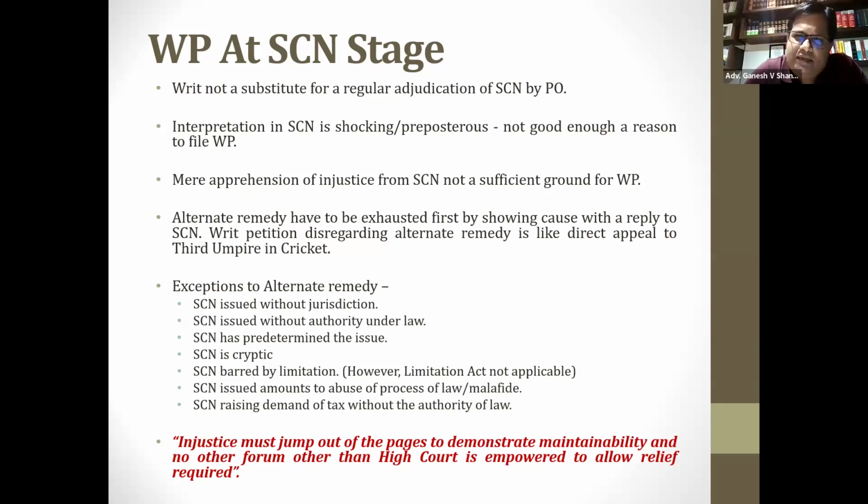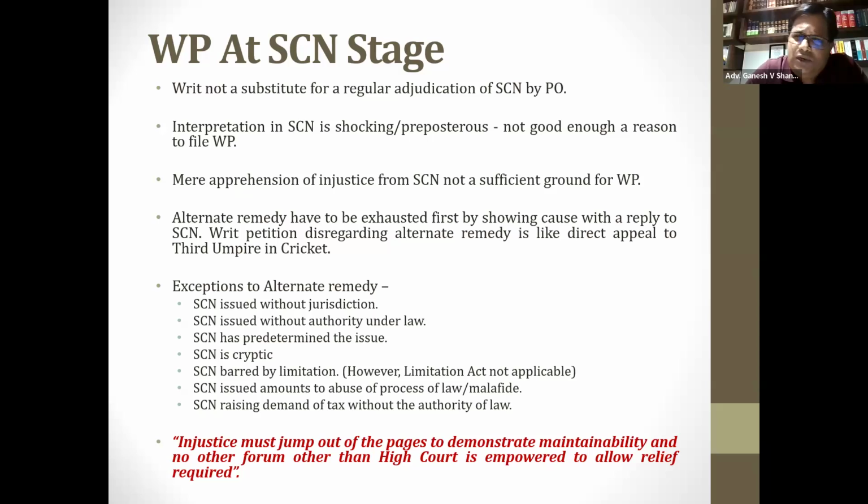It may not be true in the eyes of the court or in the eyes of law. Just because you feel that you are being harassed, or undue tax demands are made against you in the show cause notice, is not enough to approach the High Court directly,